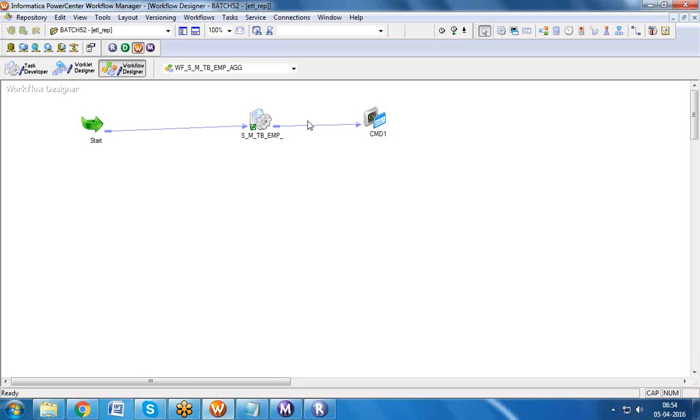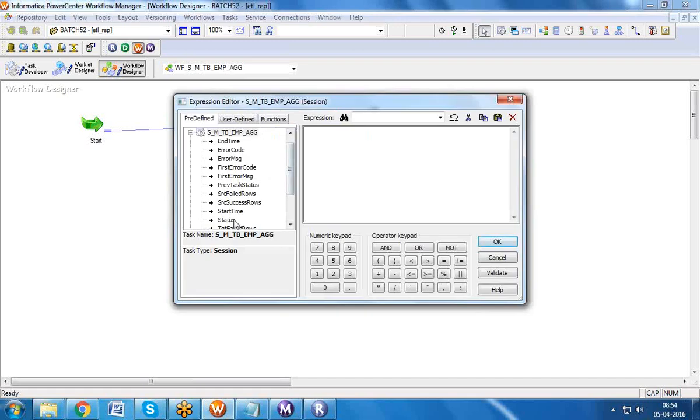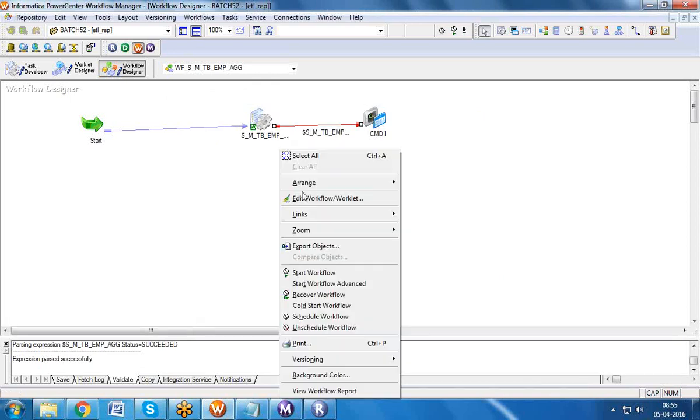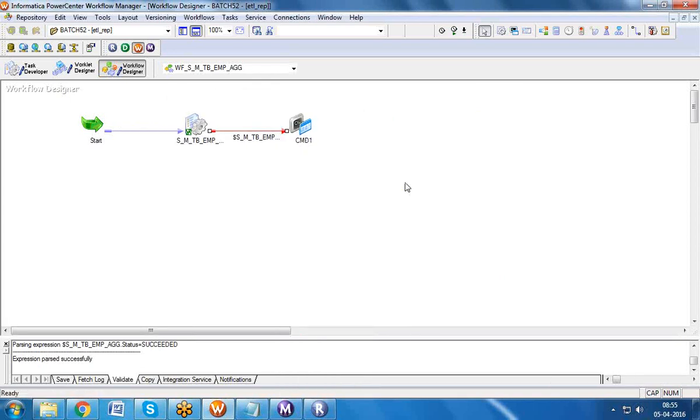One important point you need to remember is what I told: when should my second workflow trigger? If all the sessions in the first workflow get successfully completed. Then what do you need to write? You need to write a link condition for every task. I'm not writing it here for only one; the rest you do while you practice. So you need to write a link condition for all the sessions. Only then do you want to execute the remaining workflows, right?